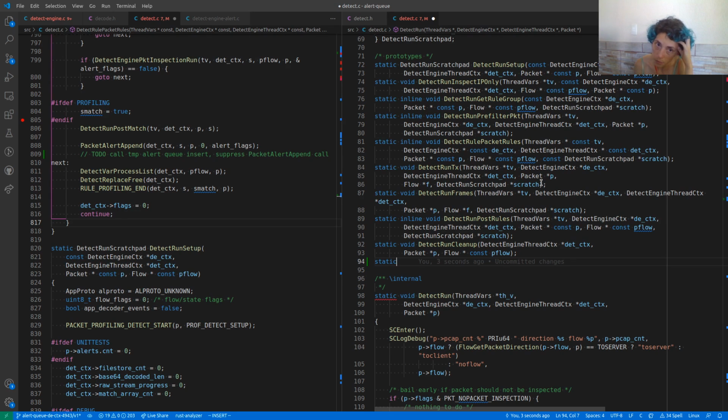And I guess because some error could happen somewhere, we should have it as a bool, and I can change that later. Can it be a bool? It can, because we have a static that returns detect run scratchpad. Interesting. What is it called?